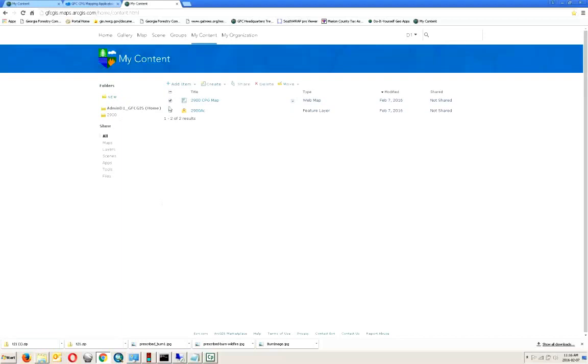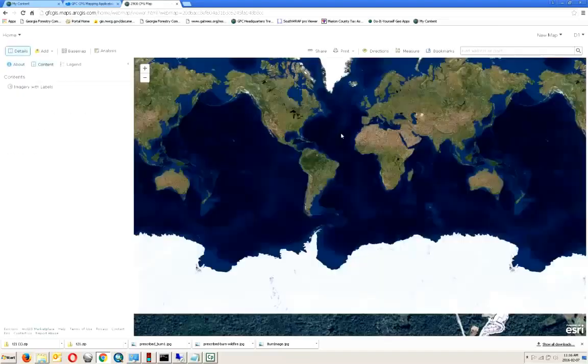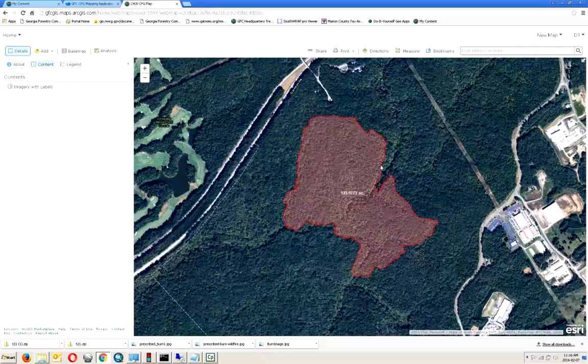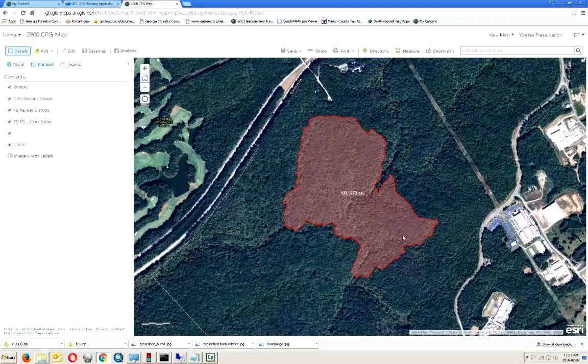So if we wanted to check these and then move these over to the 2900 folder, so they disappear from your home page content, but they're contained in this folder here. So if we then open up this web map that you created, it should open up to the same extent, and the changes that you've made, because you saved this as your own web map in your content, those changes should be reflected,